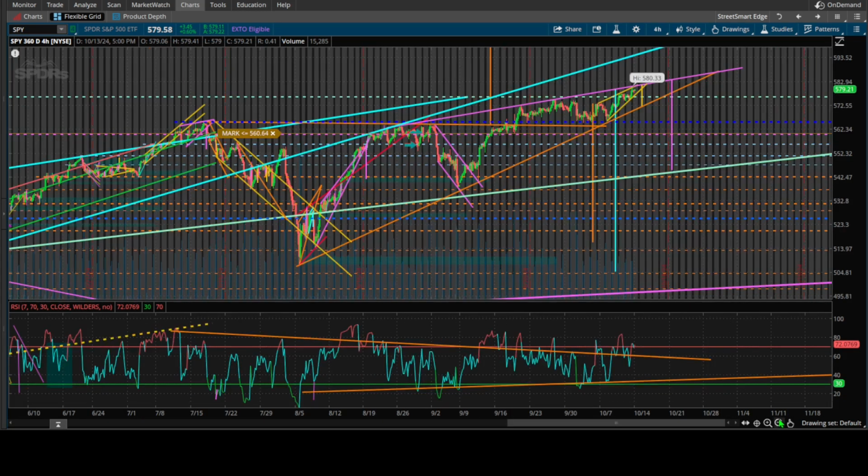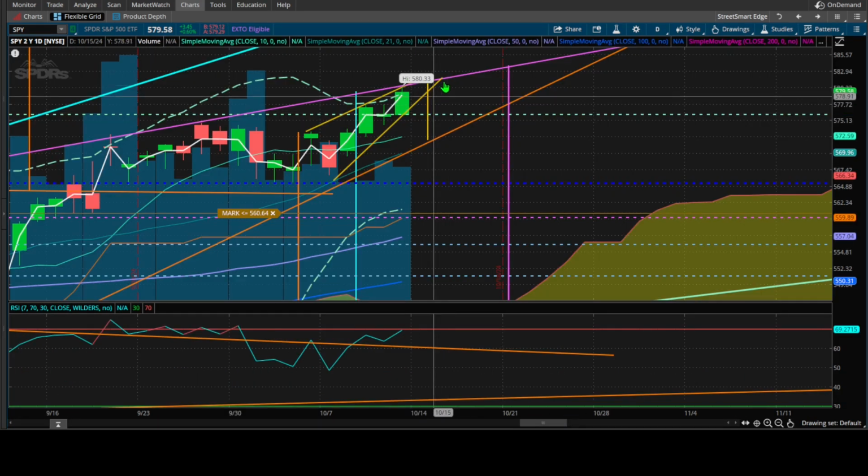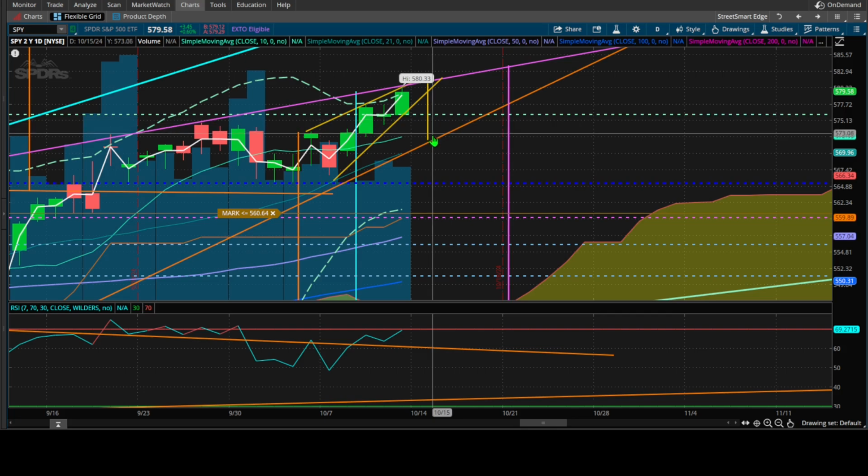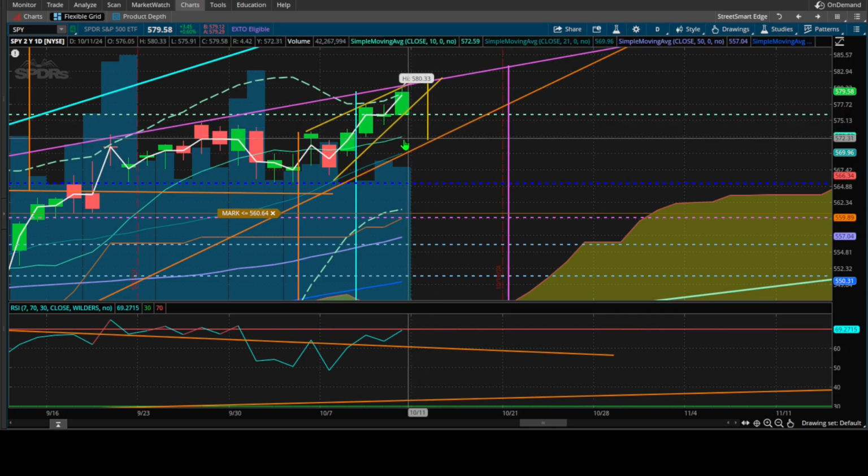And if this triggers the much larger rising wedge pattern, again, I've covered this in previous videos, we could be looking at a target of somewhere around 546 in the coming weeks and months. And to add confluence to the fact that this really could be a shorter term rising wedge setting up, look where the pattern target has us falling to. It has us falling to basically the 10-day simple moving average, which typically tends to be kind of a decider